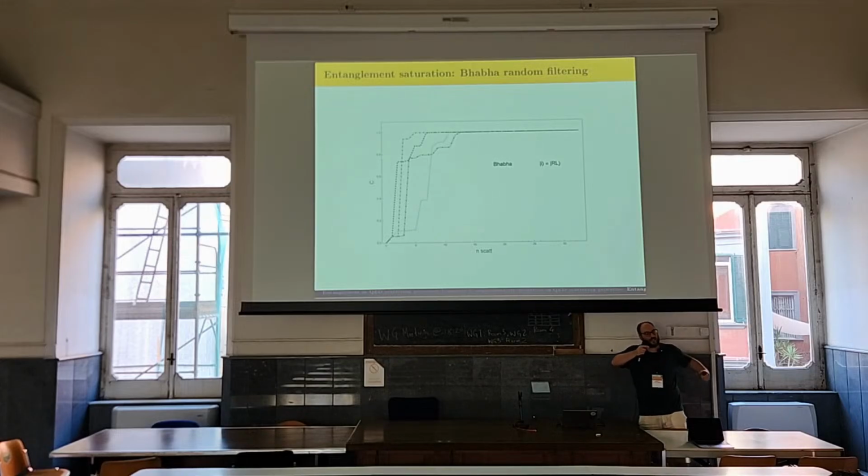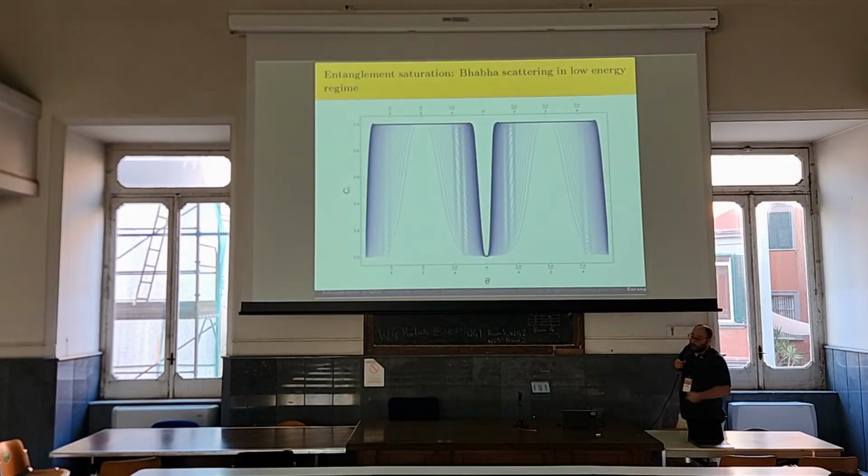If I do not fix a theta, but randomly choose a different theta every time, it always saturates, because this is an intrinsic characteristic of our fundamental interaction. This is the global behavior of saturation of entanglement in the non-relativistic regime,